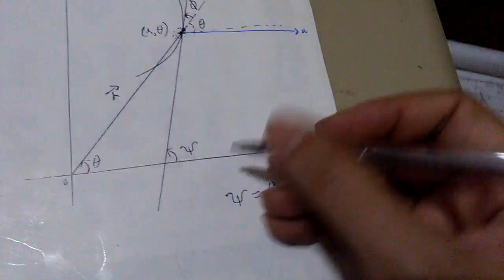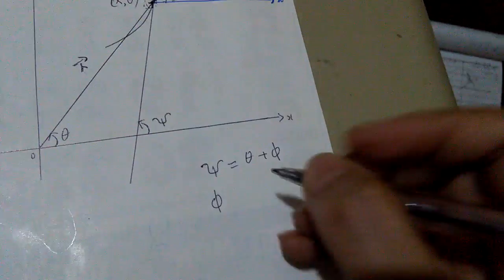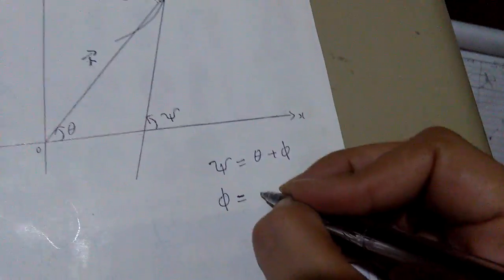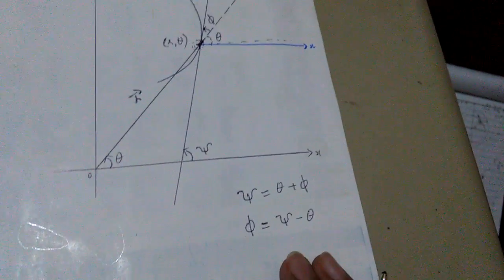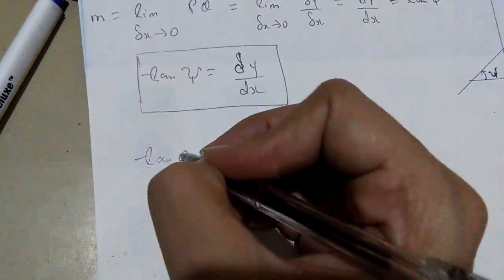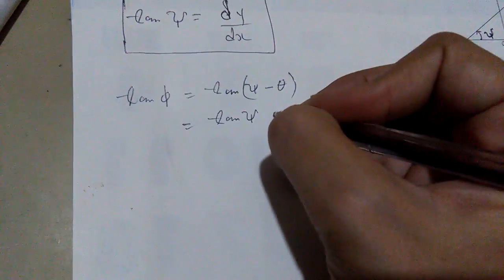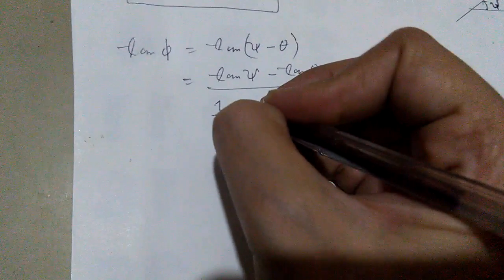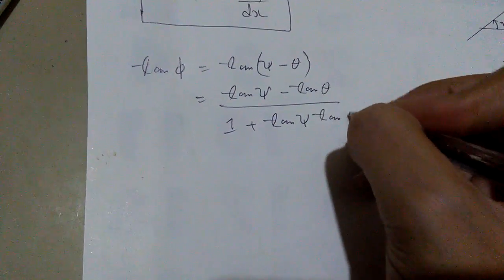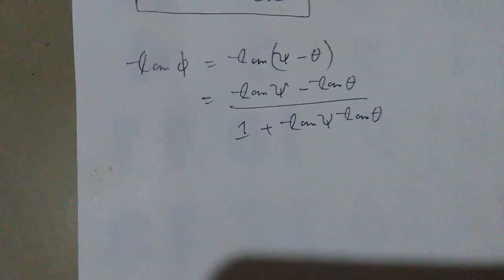Now what we are going to do is focus on our phi angle. So I can also rewrite the same equation keeping phi as the subject. I can write like this. Okay, this is it. Now if I apply the tangent function on both sides, what is going to happen? Tangent phi is equal to tangent of C minus theta. Alright, now we apply the regular formula of the tangent: tangent C minus tangent theta upon 1 plus tangent C tangent theta. Now we know that tangent C is equal to dy by dx. That's what we are going to substitute over here and here. What about tangent theta? What exactly is it? Now